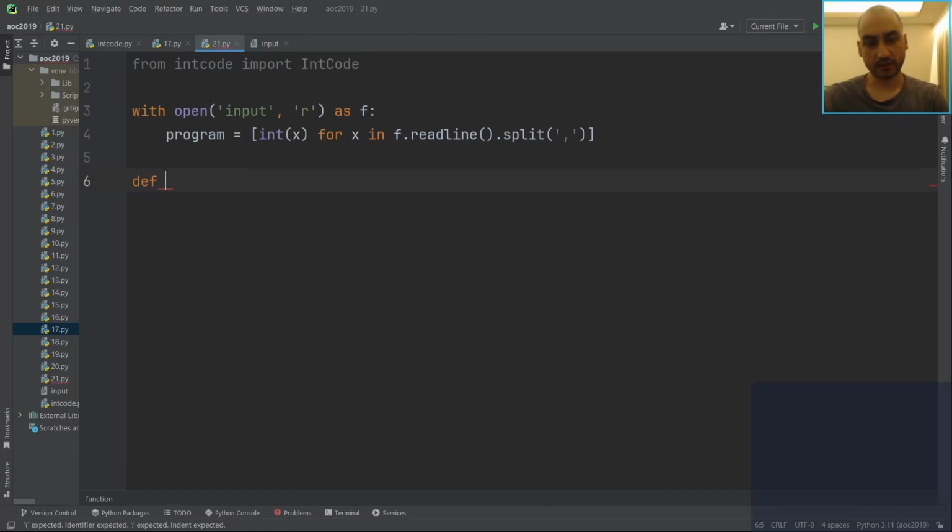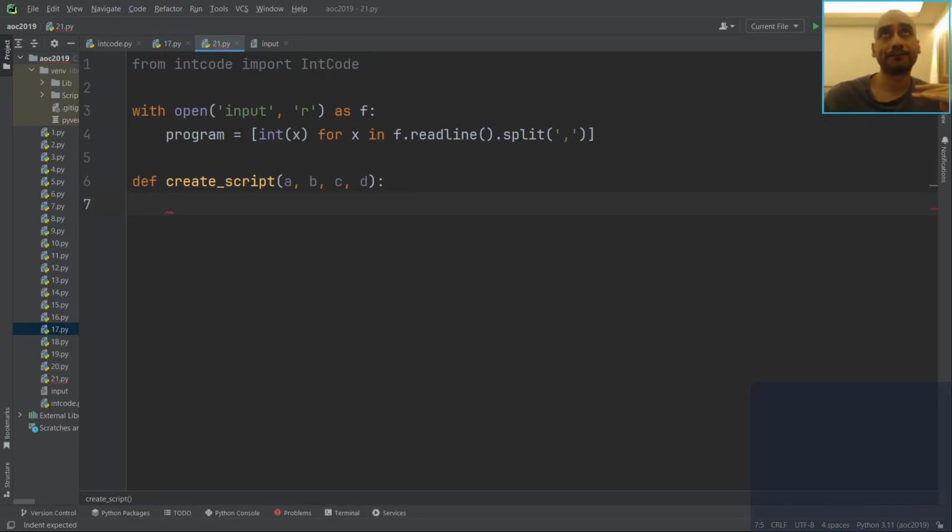So we say define create script for given A, B, C, D. So what this does is it creates a list of strings, i.e. the script that we would need if we want it to jump whenever... hang on,